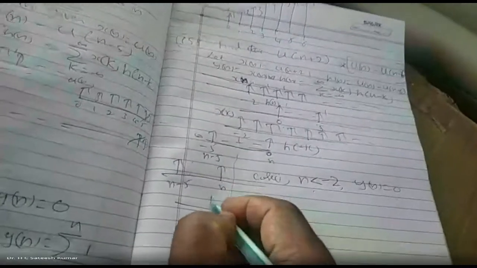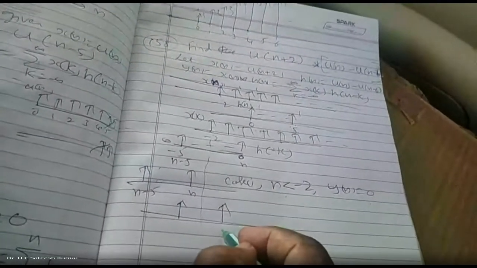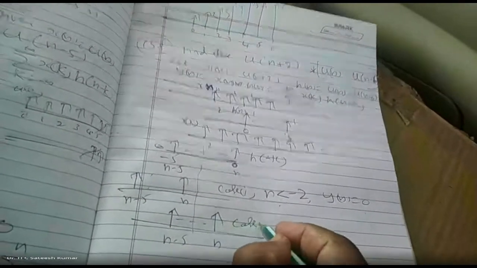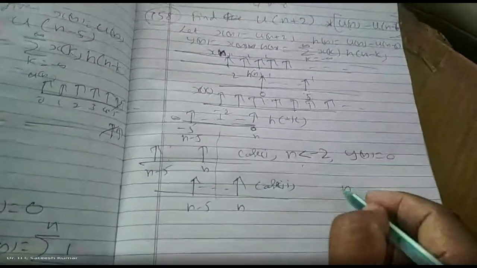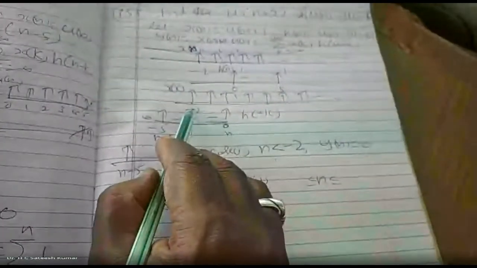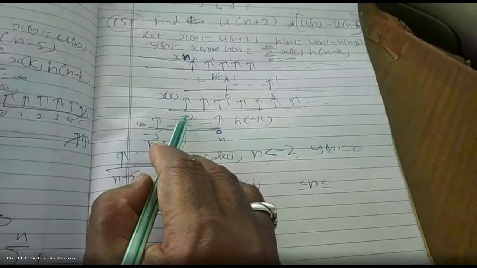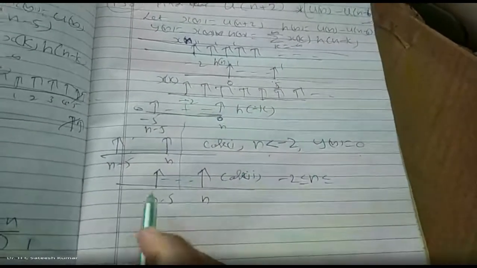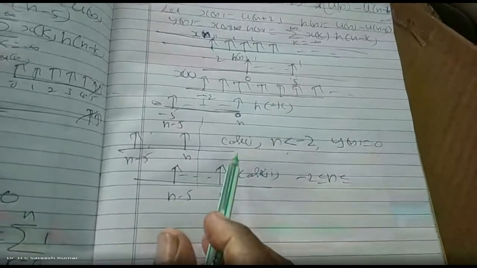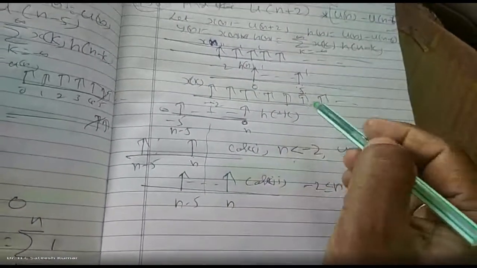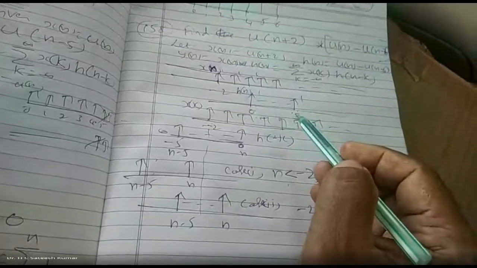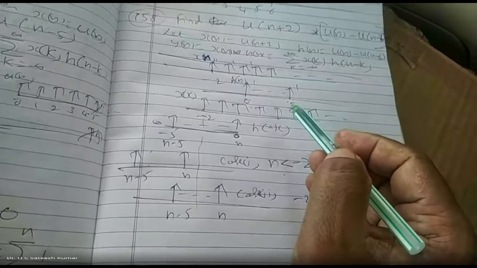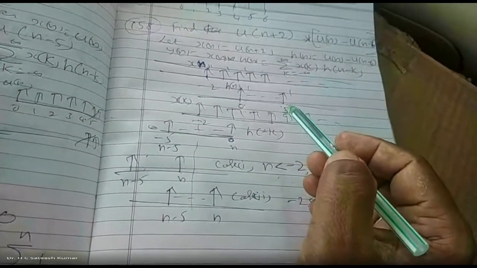So, this is n minus 5. Case 2, you should do it carefully here. n lies between... okay, the starting point, you know, starts from where? Minus 2. Starts from minus 2. How many elements are there from 0 to 5? 0 to 5 means 6 elements are there. Until the 6 elements are overlapped, the area goes on increasing. So when all the 6 elements are overlapped, okay.